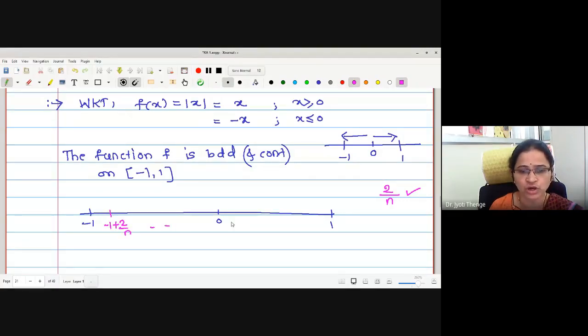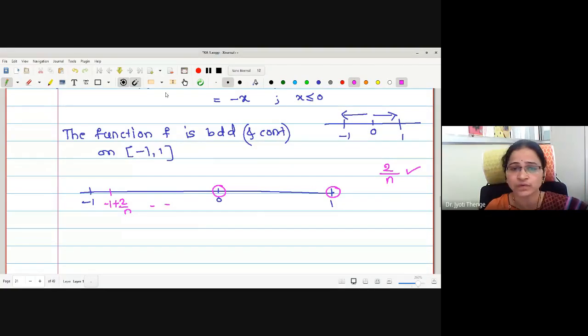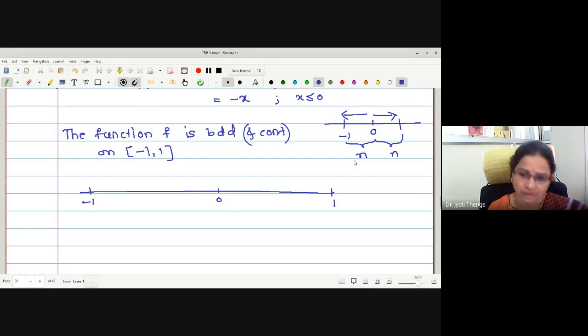But here we cannot go for 0, and it will be somewhat difficult if I go with this method. Therefore, what are we going to follow? We are going to follow the strategy that we will make n equal parts of this negative side and n equal parts of this positive side. Therefore, how many parts will we make in all? We will make in all 2n parts.